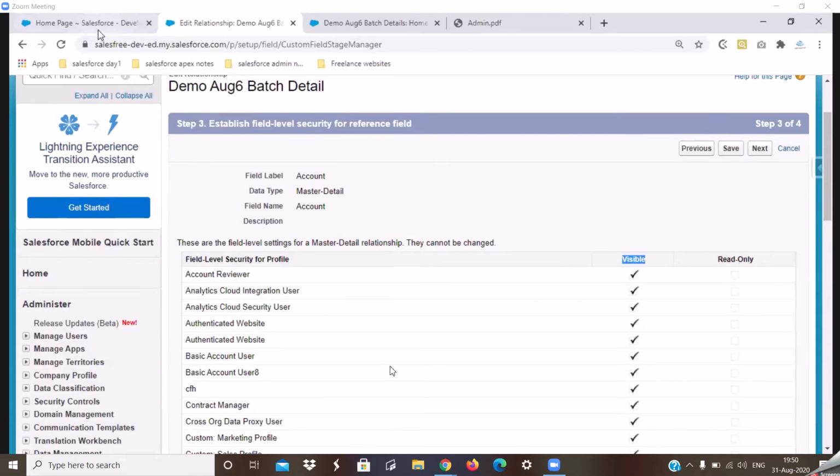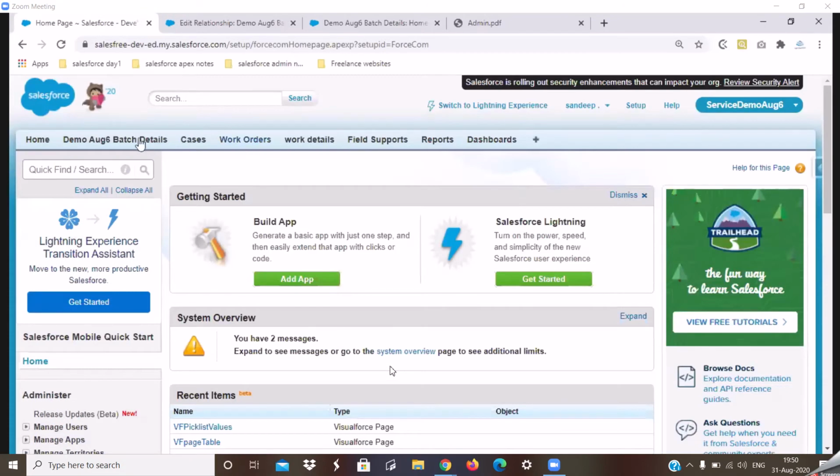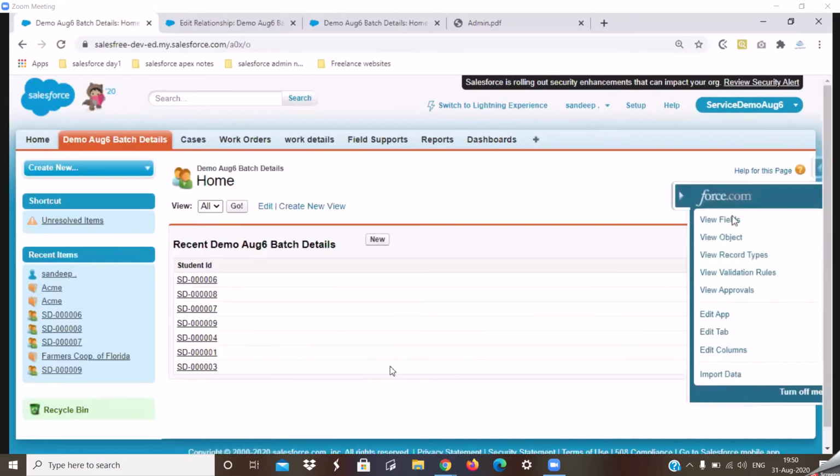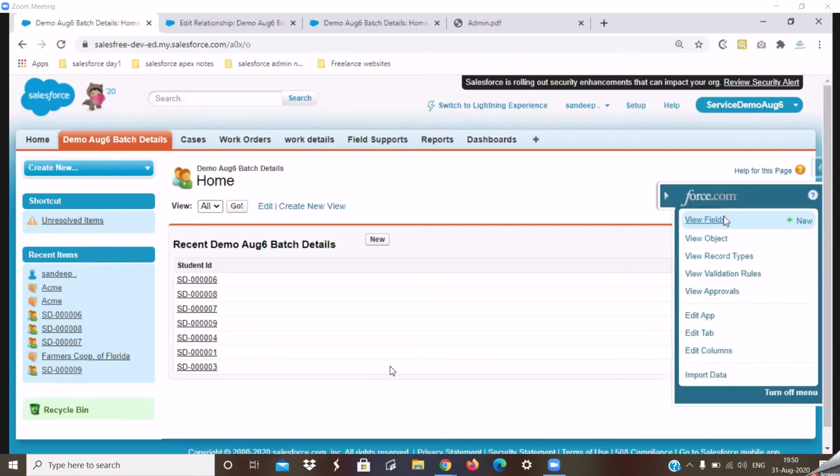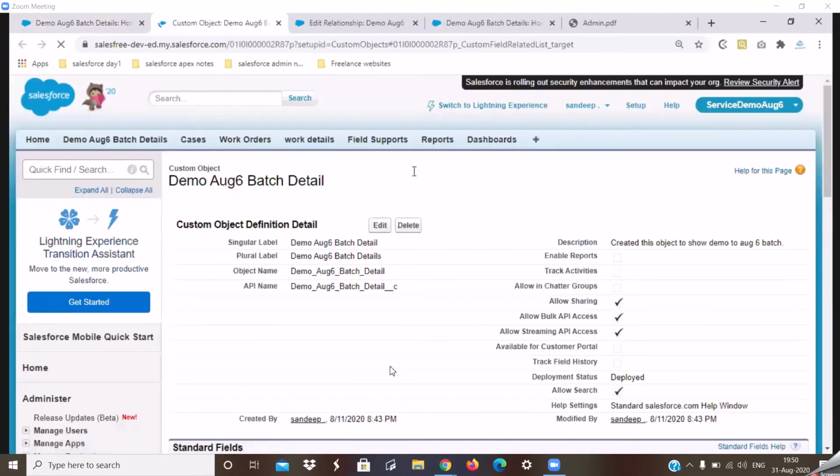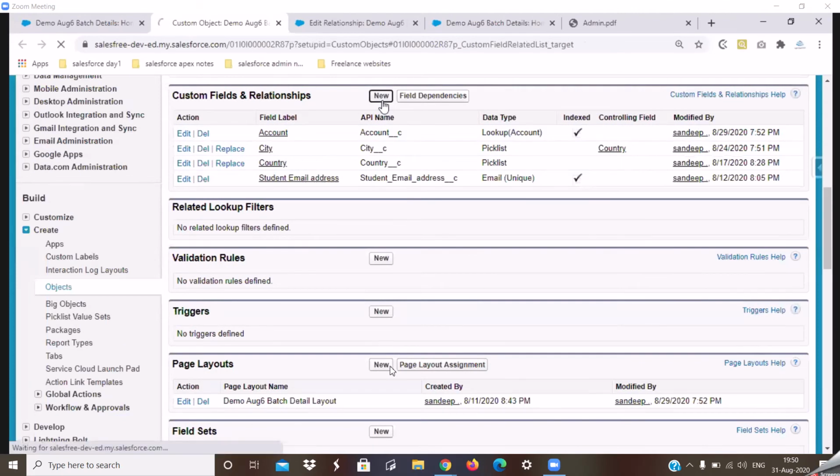All right. So there is a point where it talks about the field that we are creating as a master detail relationship. That field has to be mandatory, is what it was saying. I'll quickly show you that point.